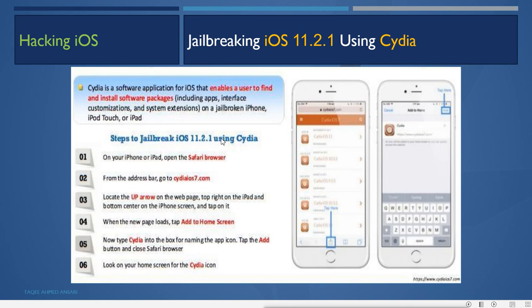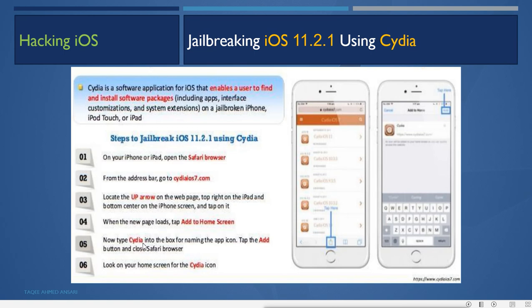The steps for using Cydia: first, on your iPhone or iPad, open the Safari browser. From the address bar, go to cydiaios.com. Locate the up arrow on the web page, top right on the iPad, bottom center on the iPhone screen, and tap on it. Then when the new page loads, tap Add to Home Screen.